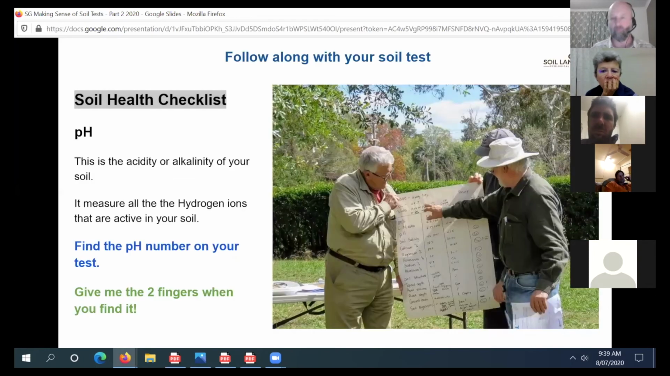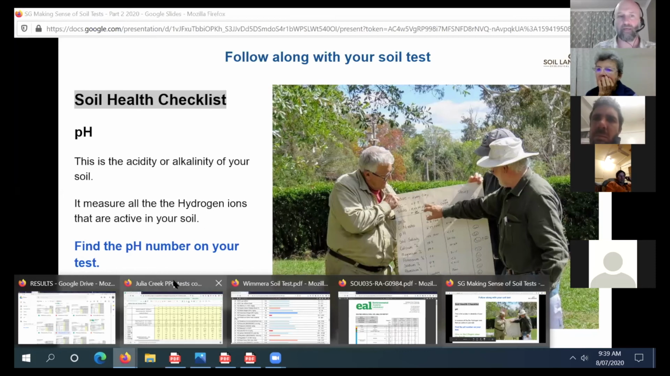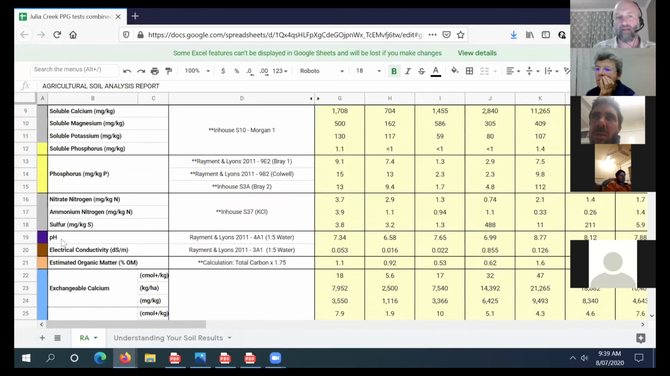The last thing I'll just quickly cover off on, I know I've gone a little bit over time, or we're at time now, we started a bit late, is pH. So have a look on your soil test for your pH number if you can find it. It's actually near the top of the EAL tests. You can see here if you've got an EAL test, it's up near the top. And you can see that the method they use in this test is 1 to 5 water. And then the different numbers, 7.3, 6.5, 7.6, 6.99. So you can see